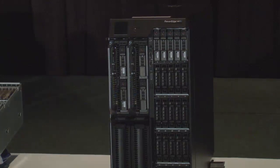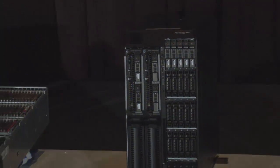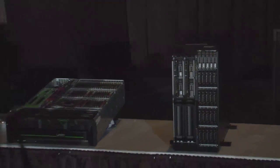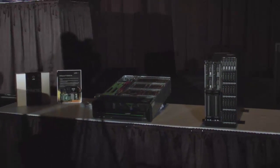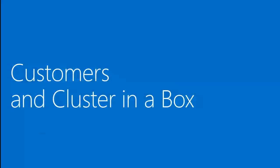What I'd like to talk about now is, great, it's nice to see some hardware on board. It's nice to see that I can actually purchase these things, but the question now is, is anybody actually using this stuff? Am I going to be the first one to market? So I put together some information about the customer angle to these systems, customers that are using them, as well as